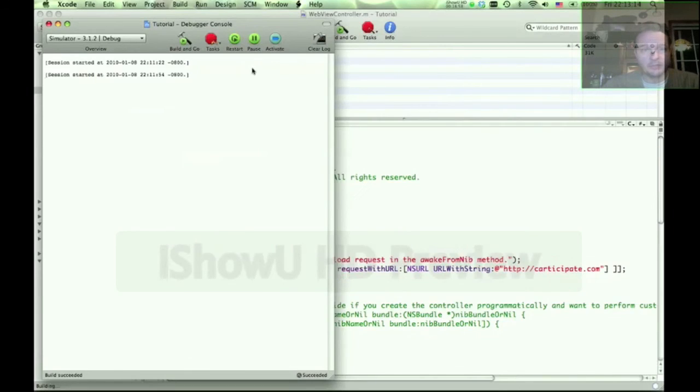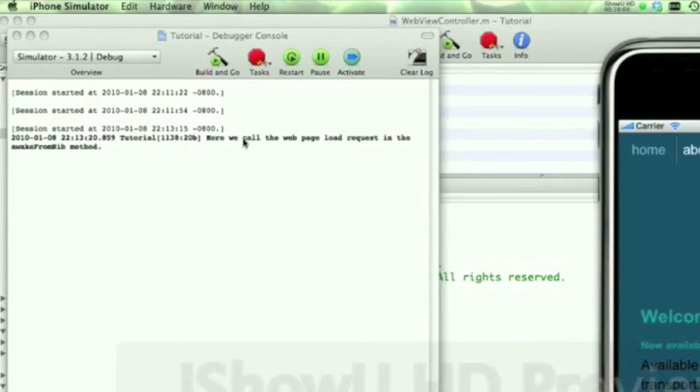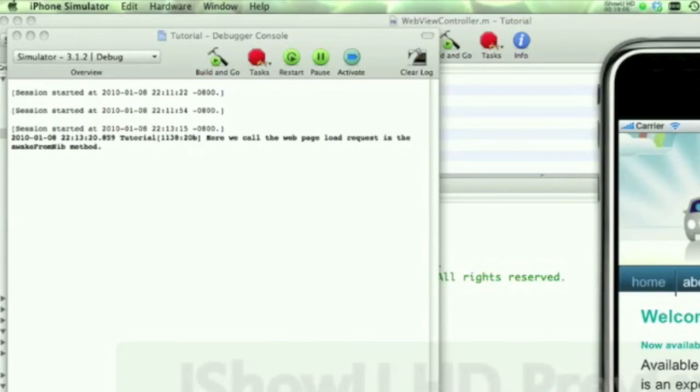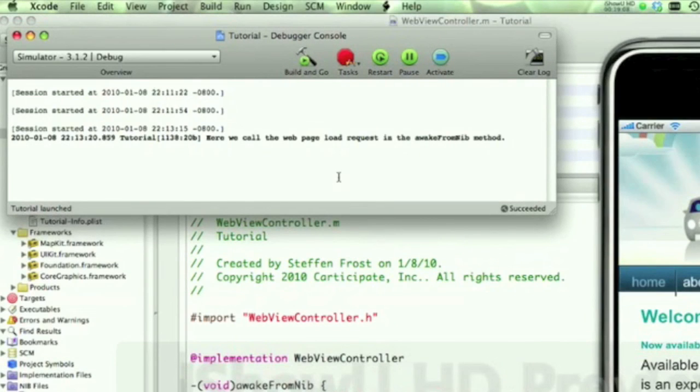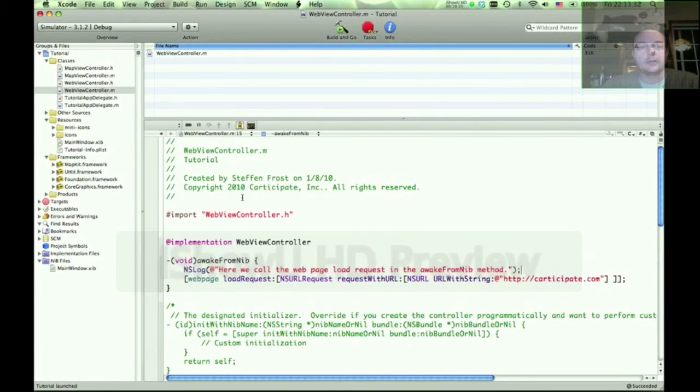And notice when you then run your program, you'll see that this message gets called in your debugger console. So this is a good debug method. You can place these NSLogs all over in your code. So if something's not working, you can place that in there, kind of see, okay, what gets called, what doesn't, because sometimes a method never gets called, and you scratch your head, why does that not happen? But that concludes our